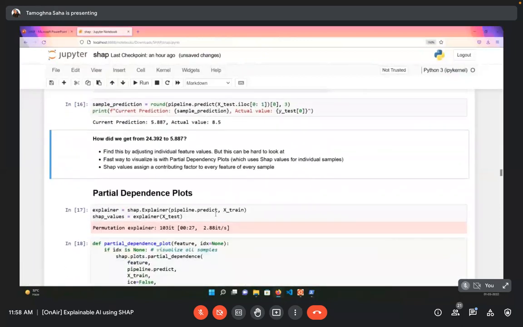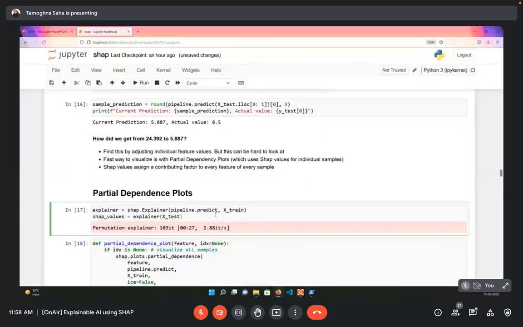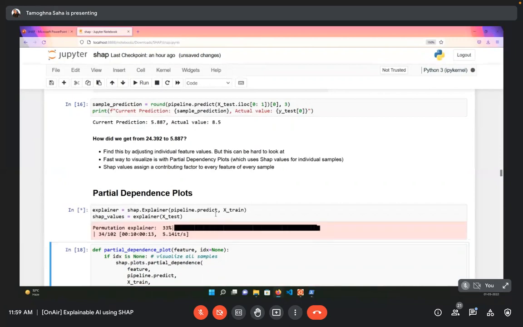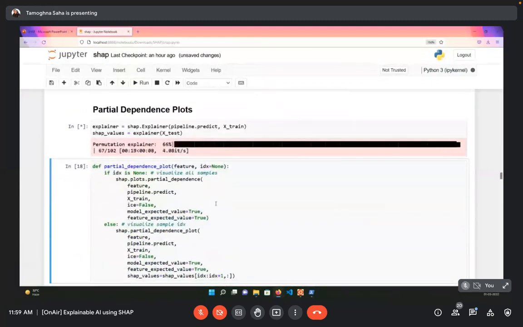Now, the very first approach that we can think of related to Shapley values is called the partial dependence plot. In the partial dependence plot, for each of the features that you are presented with, it's going to tell you how much is the difference from the expected value of the final outcome of the model to the expected value of that particular feature column. So I'll just explain it here very quickly.